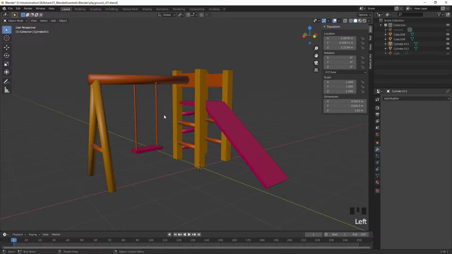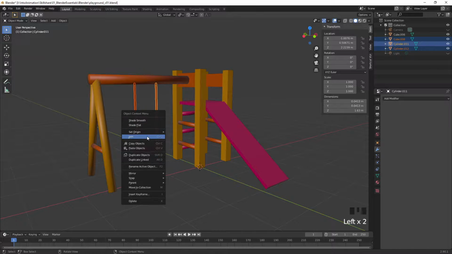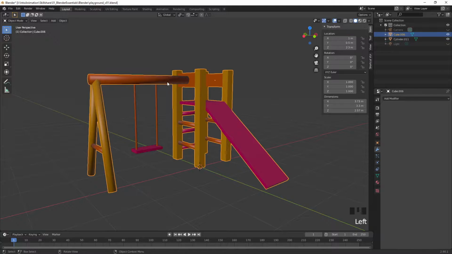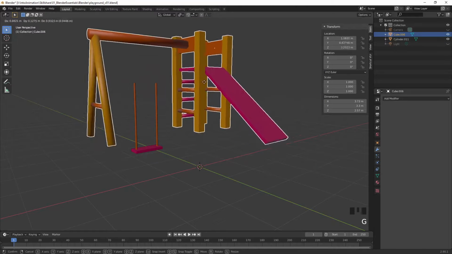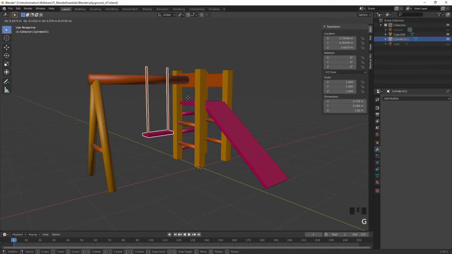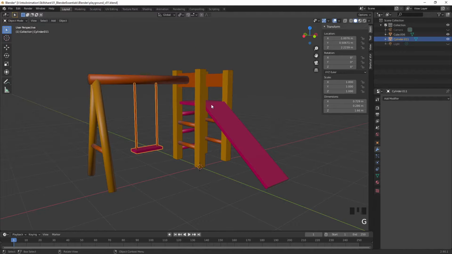There's also an option on the right click menu if I were to select these three objects, and if I right click you can see the option join here. So we are actually going to join those three parts together as well. So now we have two separate objects, one here, which if I select that I can now move independently, and again if I select the swing seat, hit G, I can move that. So that will be a lot tidier when you have a look in the outliner,